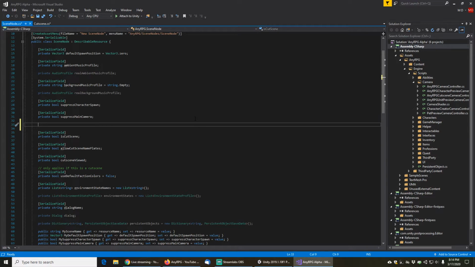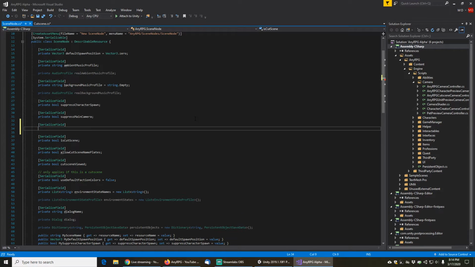basically load the level. So what I want to do is a serialized field, and we'll make it a private string autoplay cutscene name. And essentially, if this string is not empty, then it'll just autoplay a cutscene as soon as the level is loaded. So then